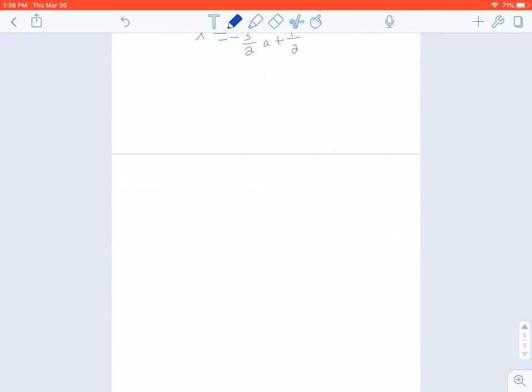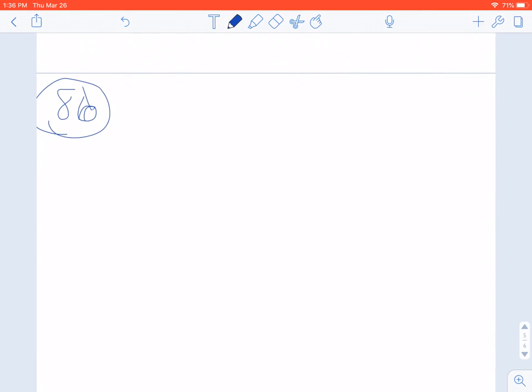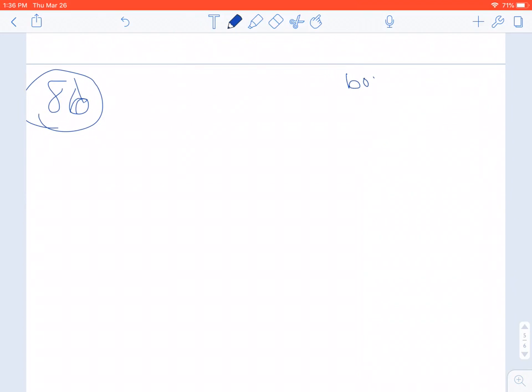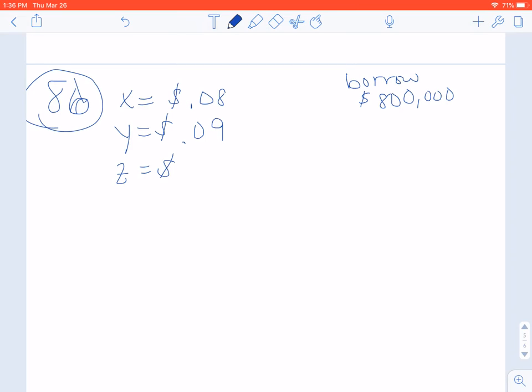The other question I wanted to go over was 86, which was the word problem. In this word problem, we are a small corporation, and we're borrowing $800,000. And we're borrowing that from 3 different types of lines of credit. The first line of credit would be the amount at 8% or 0.08, the money we borrow. The second one is the money we borrow at 9%. And then the third one would be the money we borrow at 10%